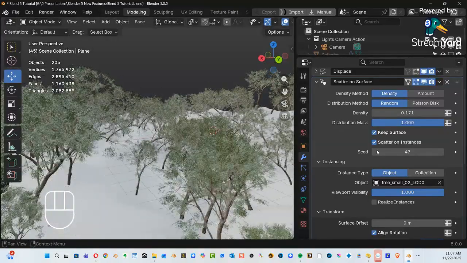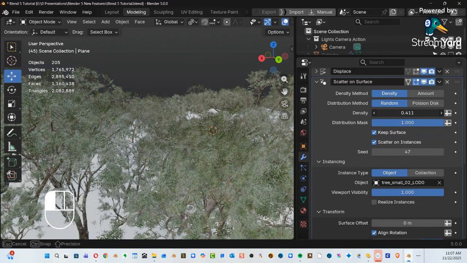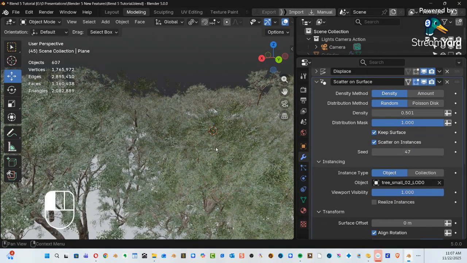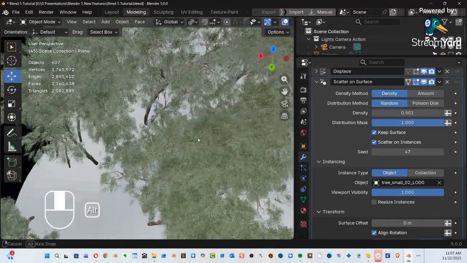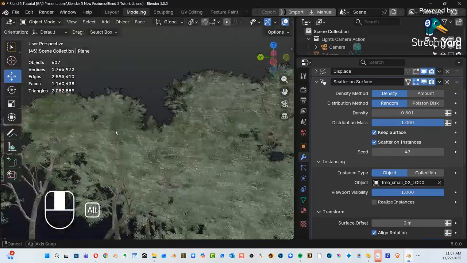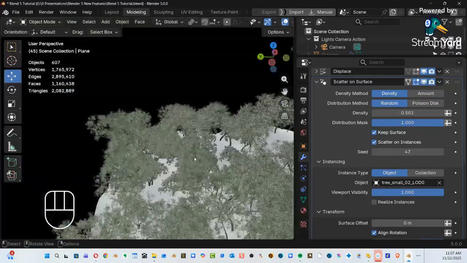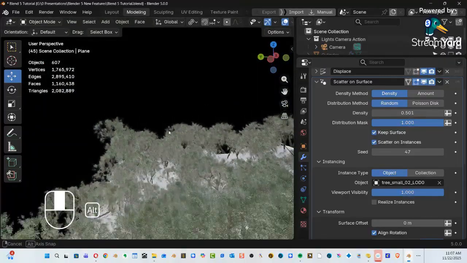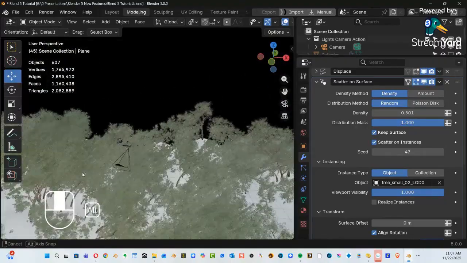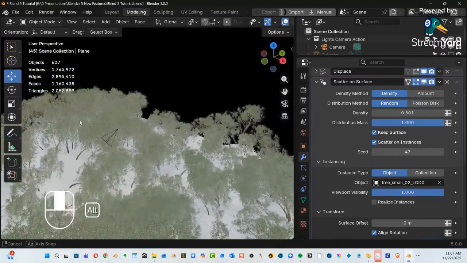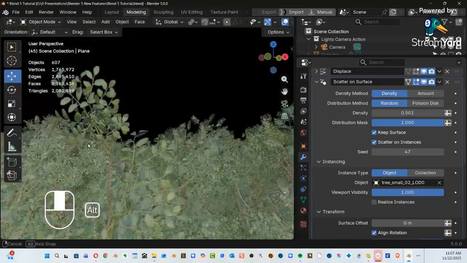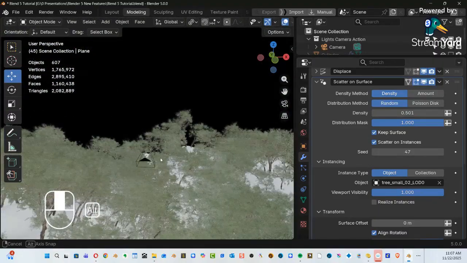Okay, so that's scattered on surface. Let's see. I want to see if I can bring up the density a little bit like that. Yes. Let's see what it does. Okay, so I got a bunch more trees, and it's still responsive. Blender is still responsive. Oh, they've gotten better on that. Yeah, I do feel the slowdown a little bit, but you know,